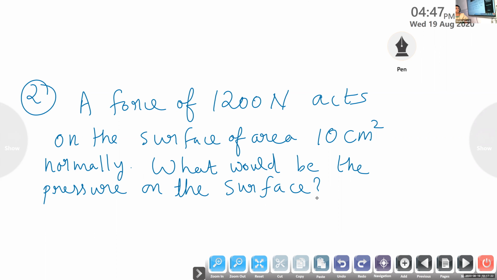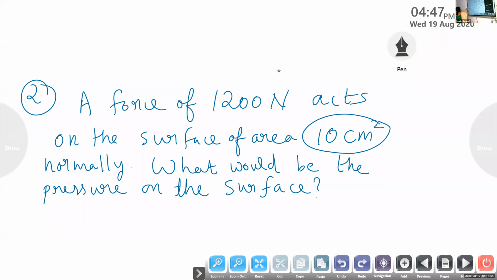So we have to apply the previous one. Why? Because we have to write the pressure answer in meter square. We cannot write the answer in Newton per centimeter square because both are two different systems, different units. So our SI unit system means meter. Centimeter is not an international standard unit. It's a small unit. You have to convert it.